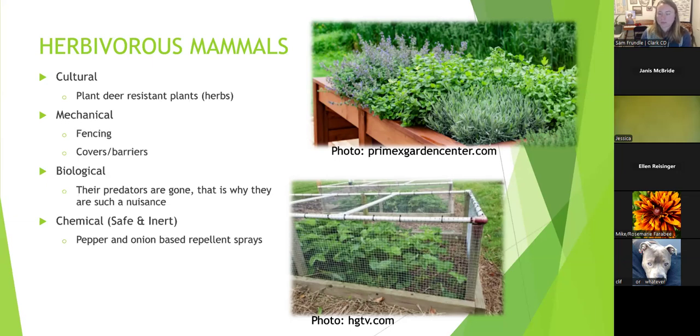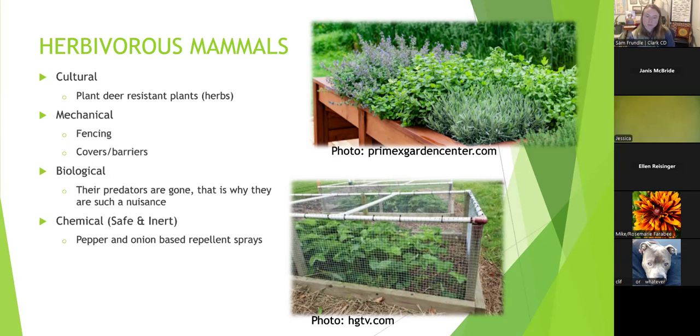We can use covers and barriers over a plant, but that doesn't look that good. In the top photograph, that's an herb garden. They're not going to touch that. And in the bottom photograph, it's a screen that's built around green beans, so they can't get to that. And that's going to be for rabbits